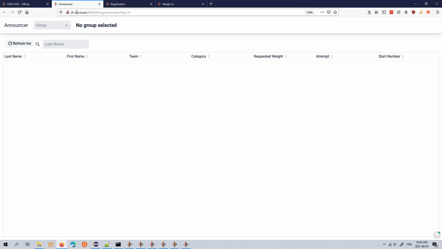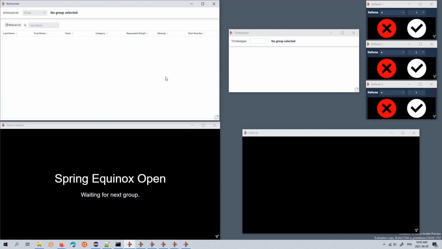announcer screen. For the purpose of this tutorial, I've actually laid out all the technical official screens that you're likely to use. Obviously, in a real competition, these would be running on each official's device. So the first thing that needs to happen when we're ready to go is that the announcer will select a